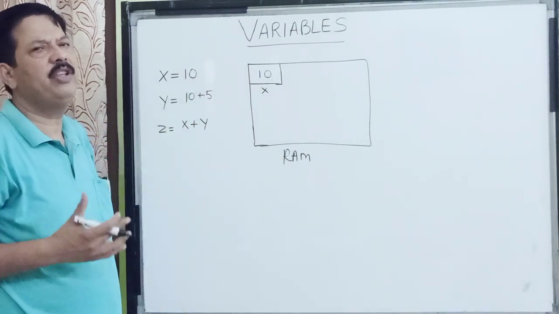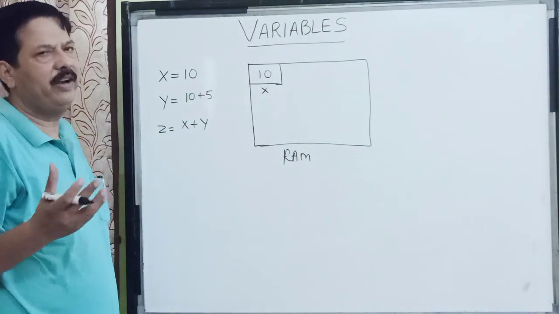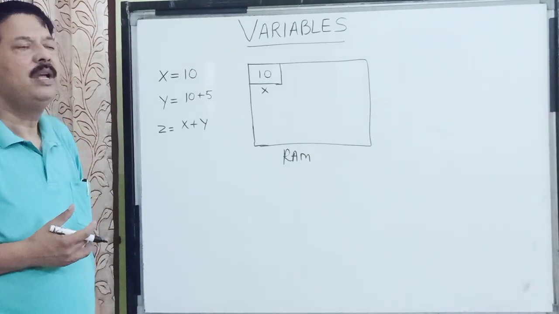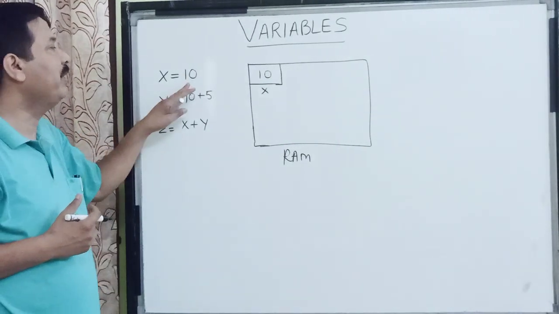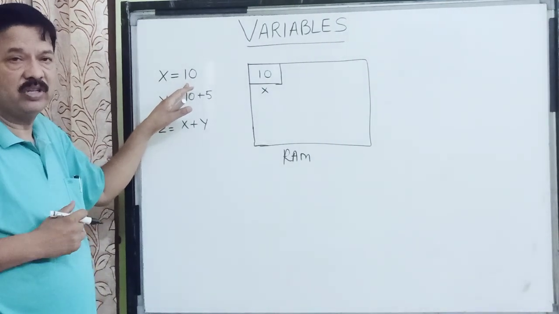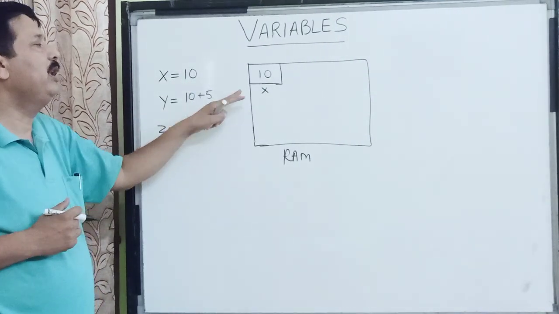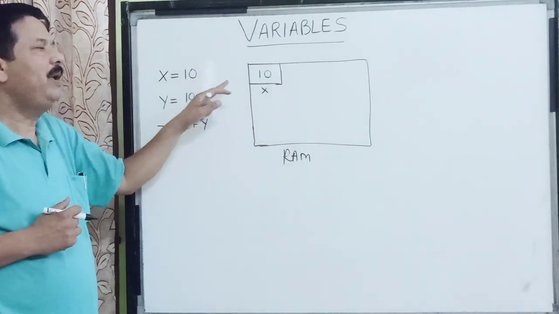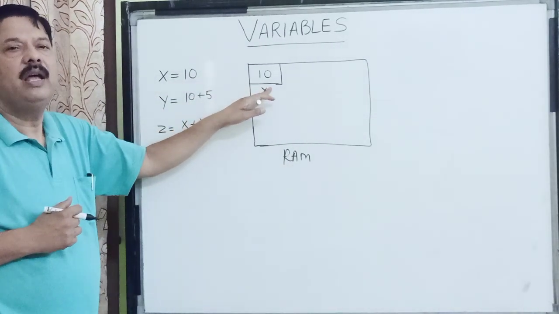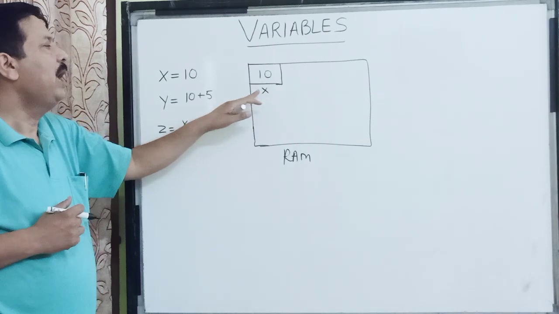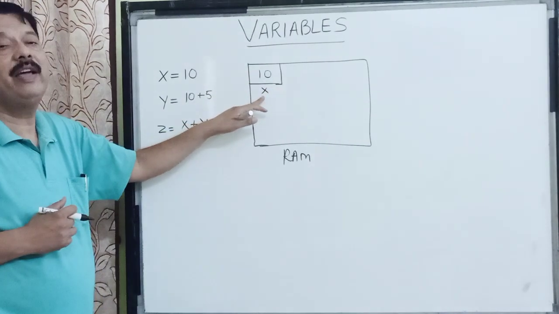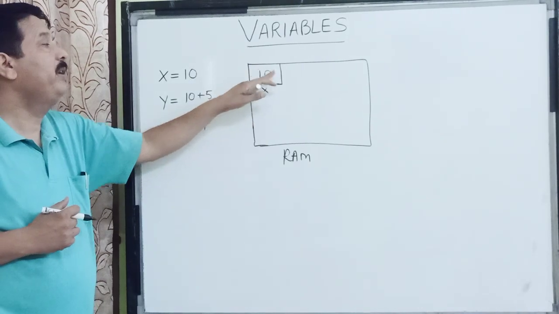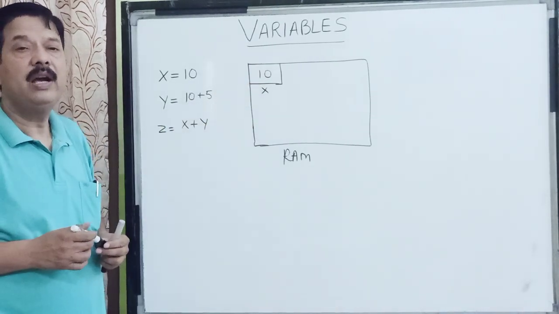So there are a few definitions of variables. First is that variables are those values which change during the execution of the program. The second is that variables are the names given to some values. And the third thing I am telling you is that whenever you write a variable, a memory cell is allocated in the memory of the computer, and this memory cell is given the address x. So we say that a variable is an address of the memory cell inside the memory of the computer.